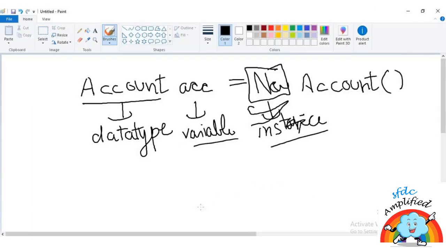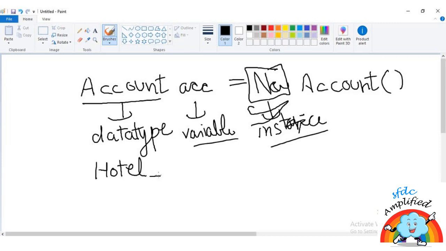So now we understood how this is an example of the standard object. Now let's take an example of the custom object. In my case, I have created a hotel object. So now we will take the same example. So what I will do is I will say hotel